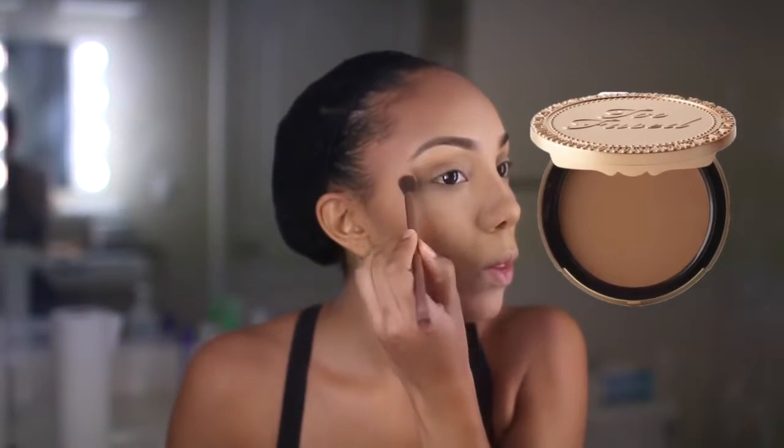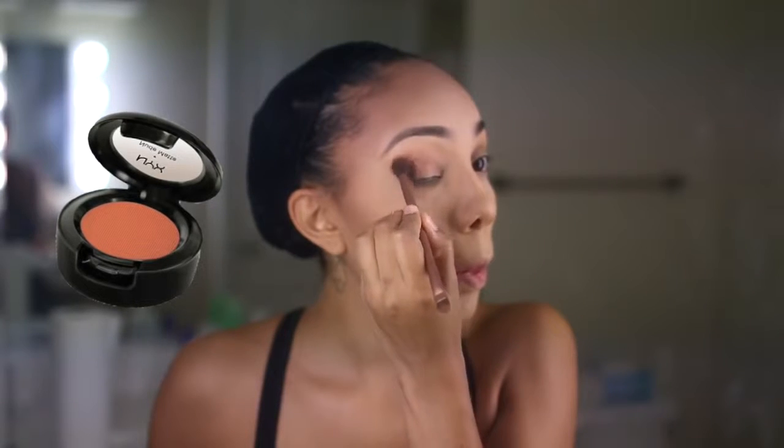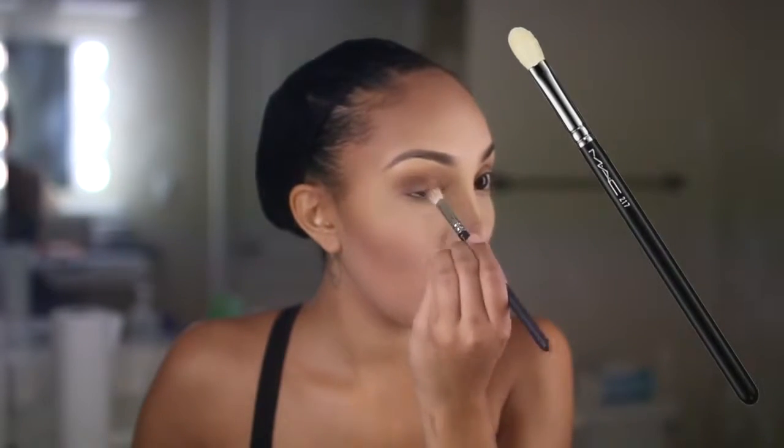I'm just taking that same bronzing color and putting it on an eyeshadow brush and putting it right on my crease to create some type of transition from my eyelid to my eyebrows. Now I'm going to take this burnt orangey color from NYX called Dance the Tides and blend that into my crease. Now I'm going to take my MAC 217 brush and a medium brown and blend that into my crease